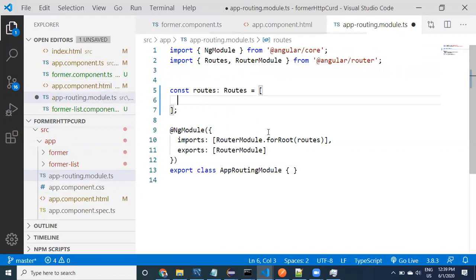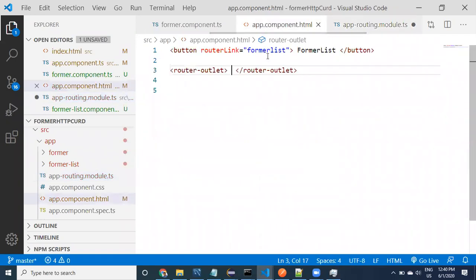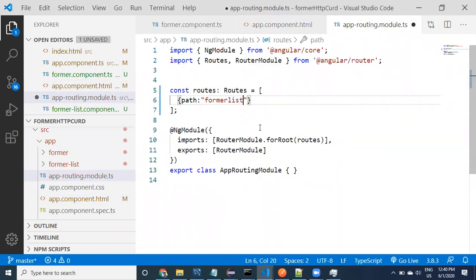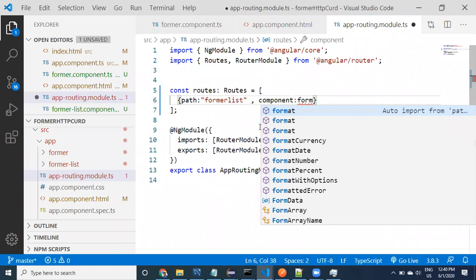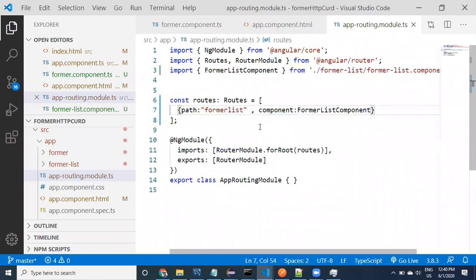Here in the app routing module, I'm going to say route, path equal to farmer list, which is the path I have provided here, and the component is going to be farmer list component. I have taken only one route.